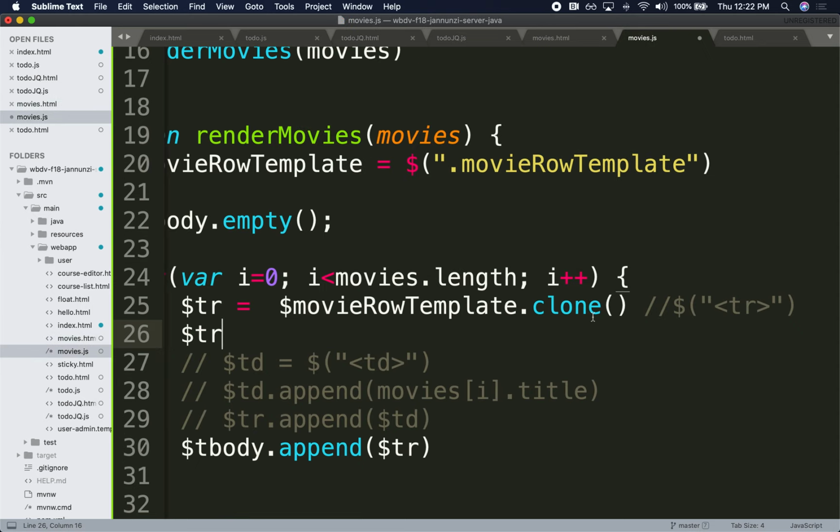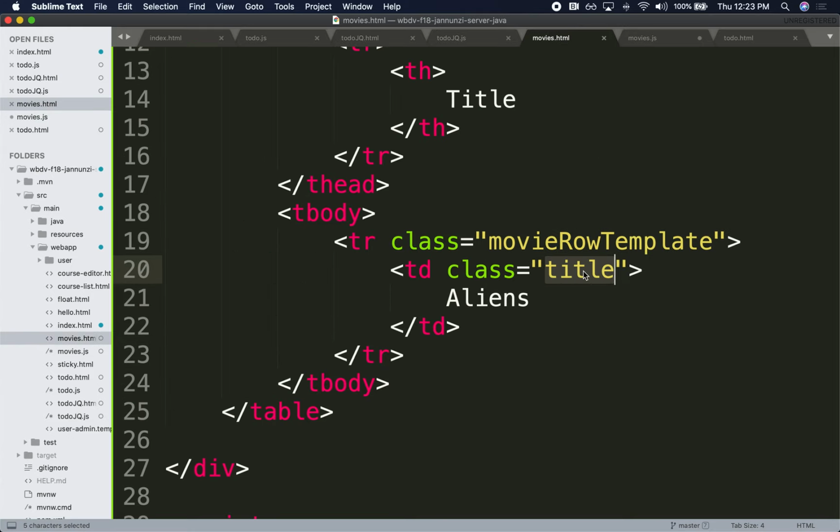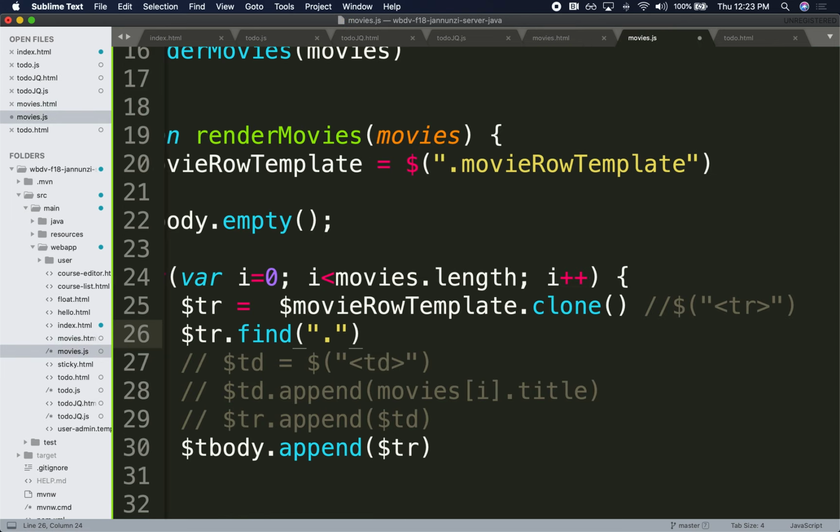So let's do that. What jQuery provides is mechanisms of navigating this DOM tree up and down the tree. You can navigate to your parent, you can navigate to your children. To navigate to children, you can use find. Find me an element that's a child of mine that has a particular selector. You can retrieve by ID, and here we're going to retrieve by class. Find me a child of mine that has a title class. Once you found it,